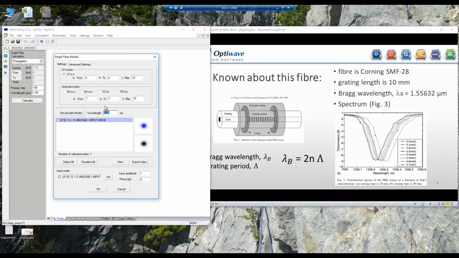Of course, if we looked at a shorter wavelength, like 0.8 microns, same fiber, we would find higher order modes. Higher order LP modes are evident at shorter wavelengths. But our measurements are all nearby 1.55, and therefore we have one mode, and its modal index is 1.4463. And this is useful information, the modal index, because looking at what's known about our grating, the paper says